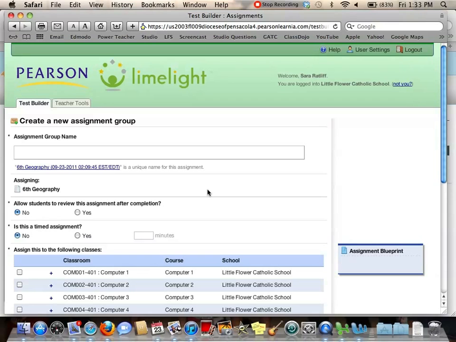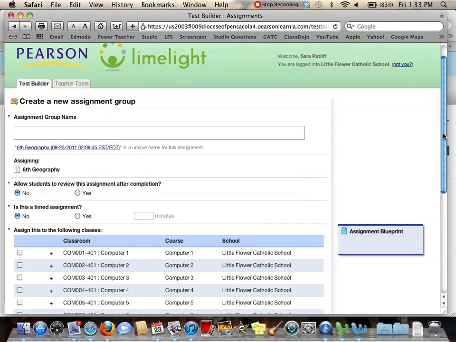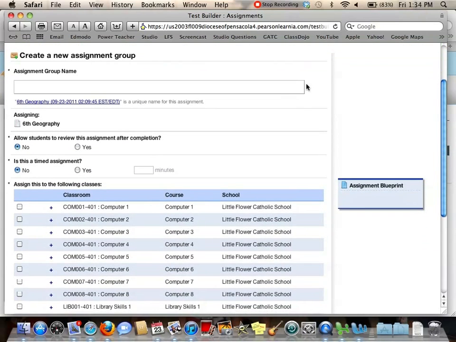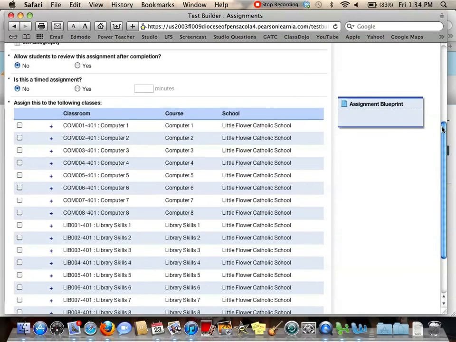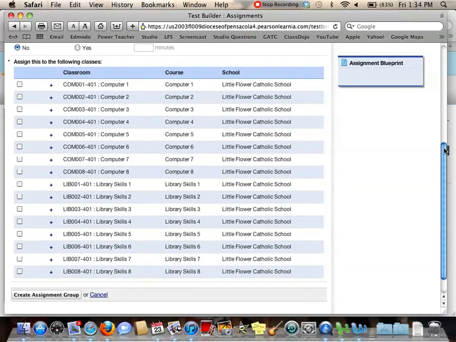So it is going to take a lot of work in the beginning, but once you make your banks, it will eventually pay off. You can just pull right from all your banks. And you can make it either a timed assignment or an untimed assignment. I'm going to give this